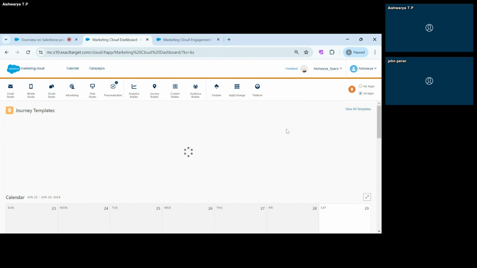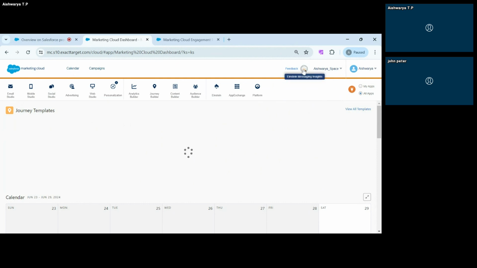For people who know Salesforce, for them I will consider this as org. We don't have that concept in Marketing Cloud. We don't use the term org, but only for the people who is from Salesforce background, I'm just giving you an idea. So this is like an org for you. Within one org you can create multiple business unit. So I'm not going to show that drop down because there are like multiple business unit created,